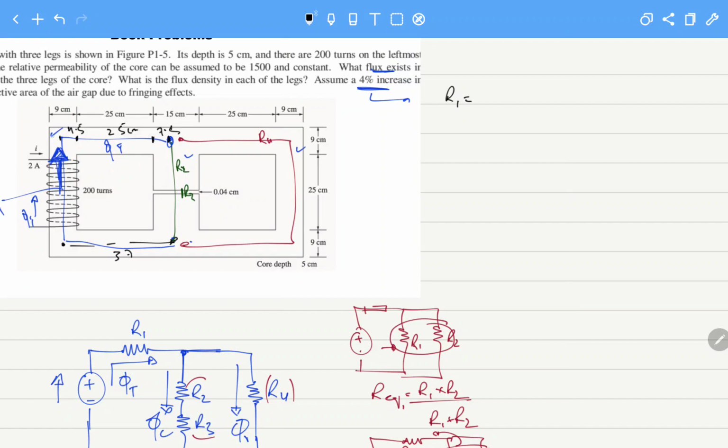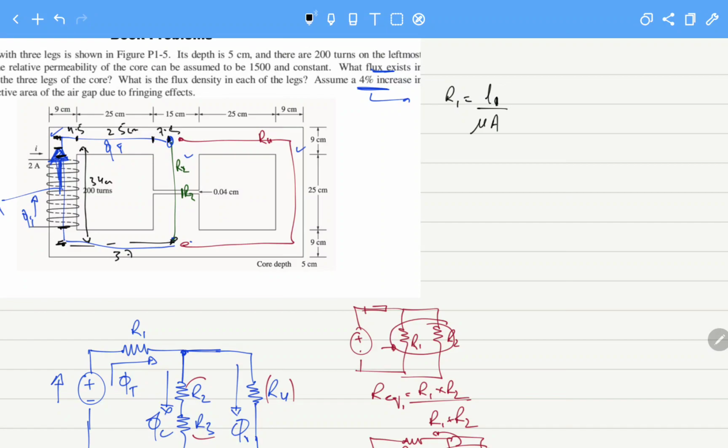This side will become, we have 25 up to here, and then we have 4.5 and 4.5. So this will become 34. Okay, so this was 37, and this length will be 25 and 9, that is 34. So the length L1